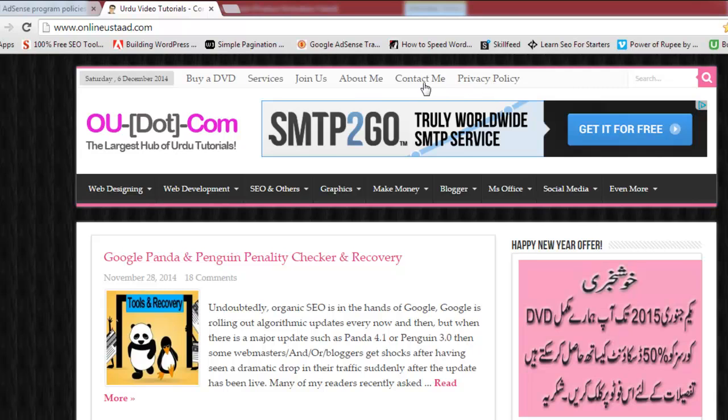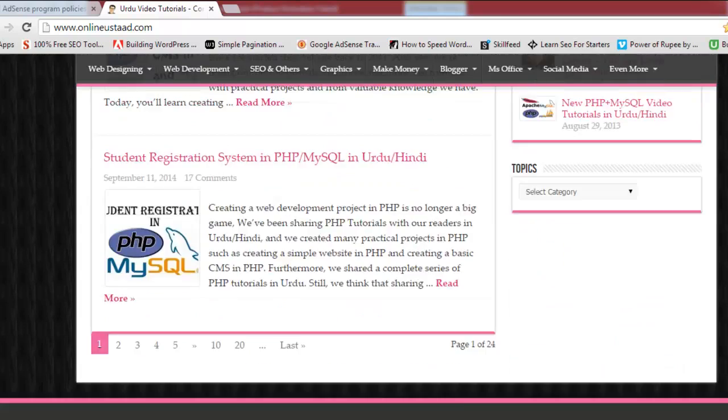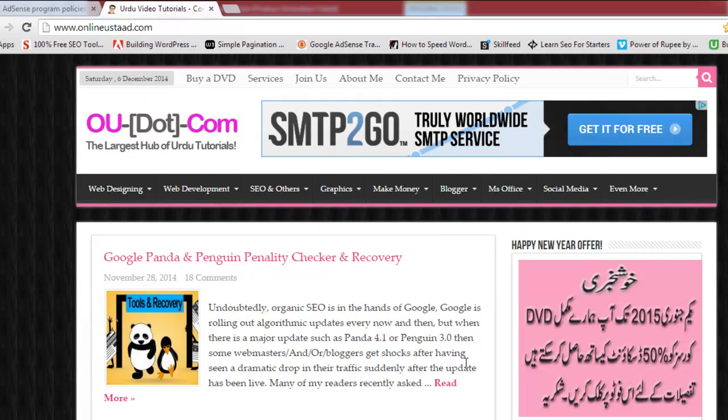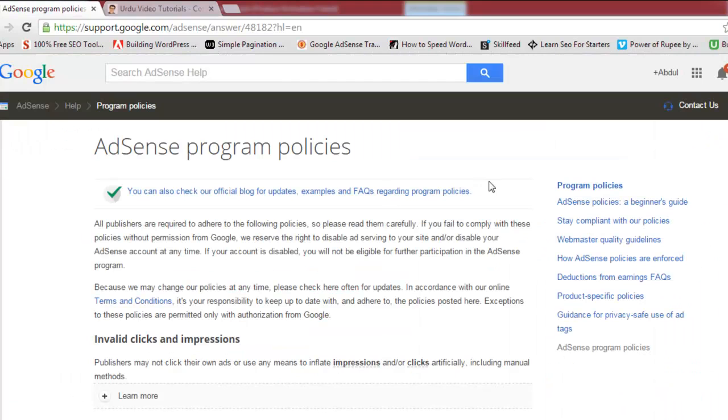This is very important if you are using AdSense. If you have not added these two pages, do add them today if you want your account to be on the safe side. So these two, and the site navigation should be okay, and content should be clearly seen, and AdSense ads should be in clear places. So that is the simplest policy you can understand about Google on this page.